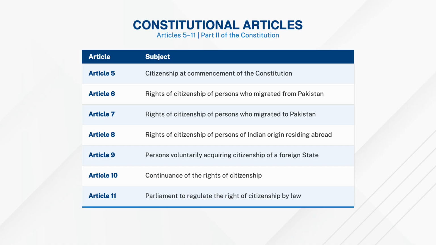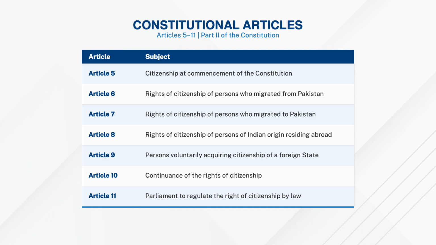If you look at the articles, Article 5, 6, 7, 8, 9, 10, 11. These are the 7 articles under Part 2 of the Indian Constitution. Article 5 talks about what it takes to be a citizen of India at the commencement of the Constitution. Now, a very important point that you need to understand is that Article 5 talks about citizenship at the commencement of the Indian Constitution, which is to say, the rules don't apply to our present era. These rules only apply to how a person can acquire citizenship of India at the time the Constitution came into